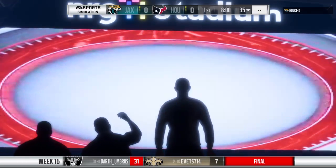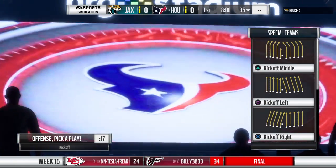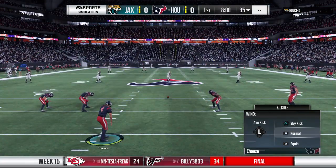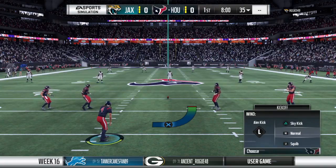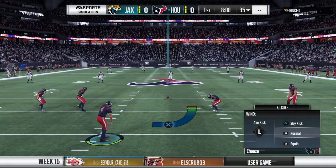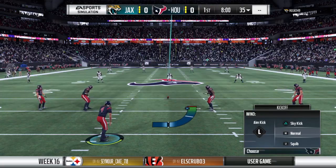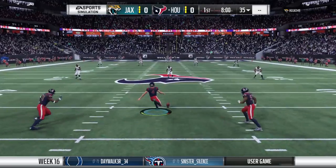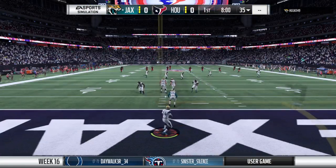Larry, they broke ground on this place in the year 2000, opened it in August of 2002, and it's been the home of this franchise ever since. Welcome to NRG Stadium in Houston. The scene a few moments ago, here it is. It's unlike any other in sport as both teams made their way out of the tunnel. These folks are fired up as their guys are ready to do battle between the Jacksonville Jaguars and the Houston